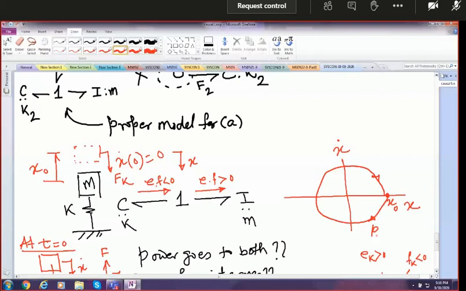So in this, we have power in the mass greater than 0. Power in the spring is less than 0. That means we have given initial kinetic energy, and that kinetic energy is being lost, so power in the spring is negative. And we have given potential energy, so that potential energy is being lost. So power in the spring is less than 0, and the mass is getting kinetic energy, so power is going to the mass.